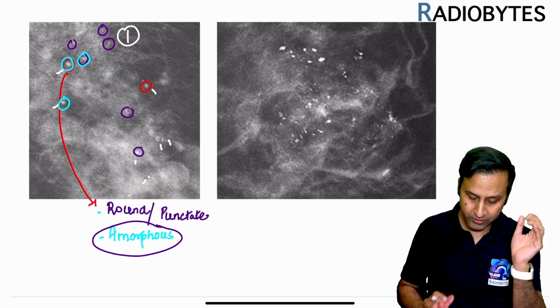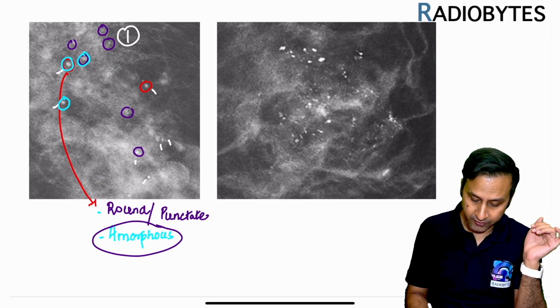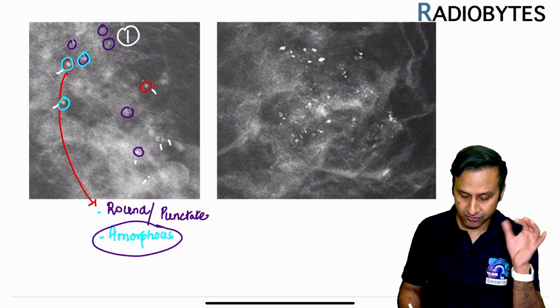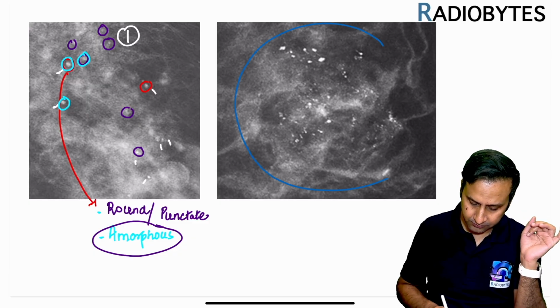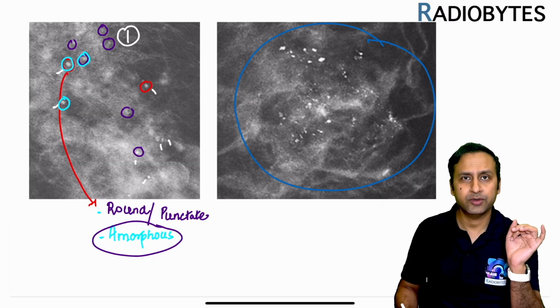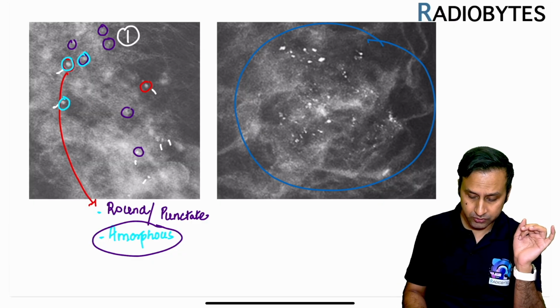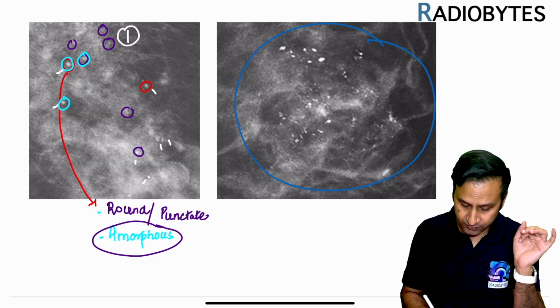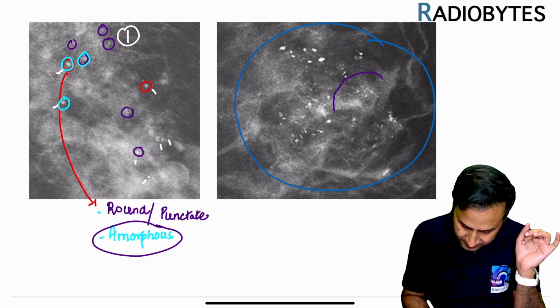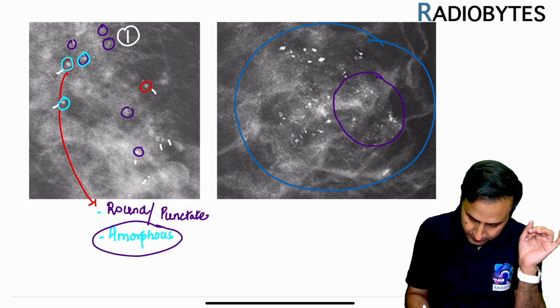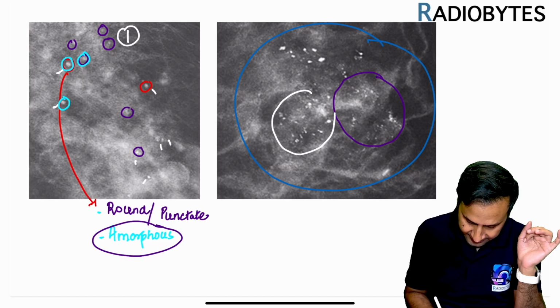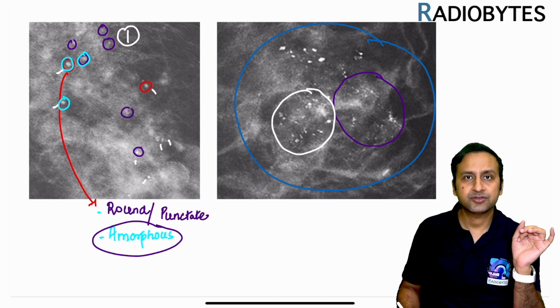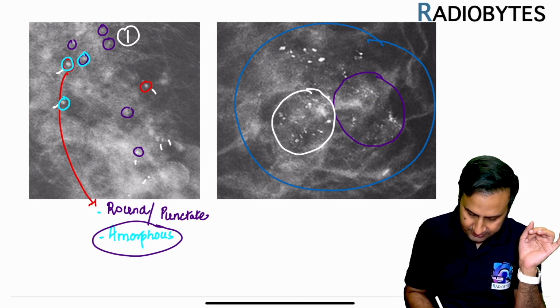Now, let's have a look at the same case, but this is the other view. So we had the craniocaudal and the mediolateral oblique view. So this is again the craniocaudal view that I'm showing you here. What do we see here? Here also we are seeing a number of calcifications, but I would want you to have a look at this particular area or this particular area and tell me what is the shape of calcification. So you would say, sir, I can see